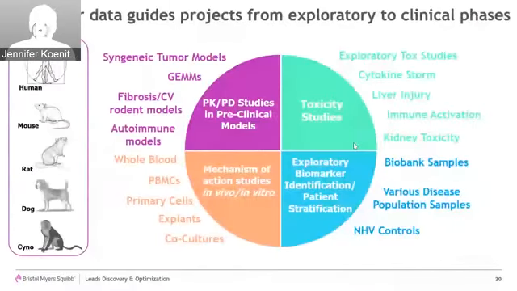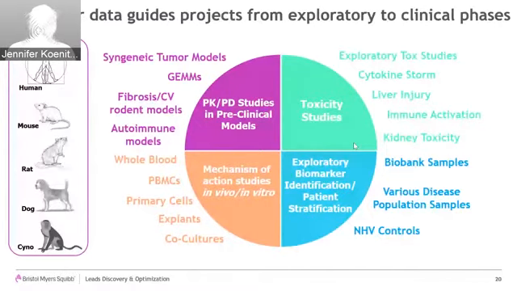My team currently runs biomarker panels for 5 different species: human, mouse, rat, dog, and cyno, and we support projects from the early exploratory to the early clinical phases. The wheel on the right-hand side is intended to give you a flavor for the types of studies that we routinely run. One category is mechanism of action studies, where we profile samples generated from cell culture, for example, co-cultures